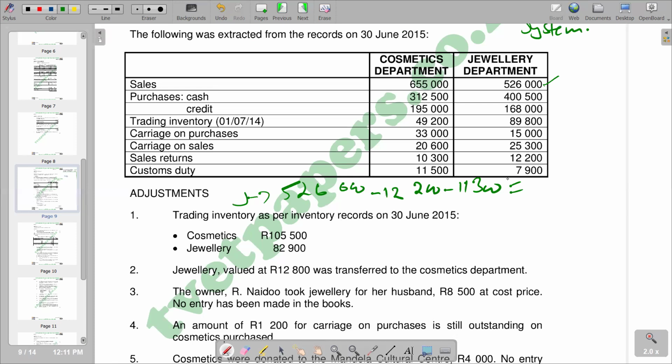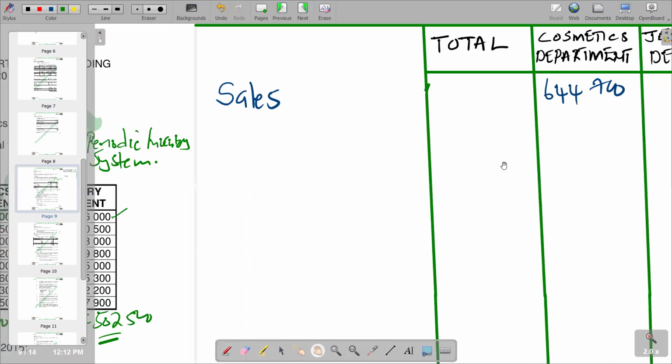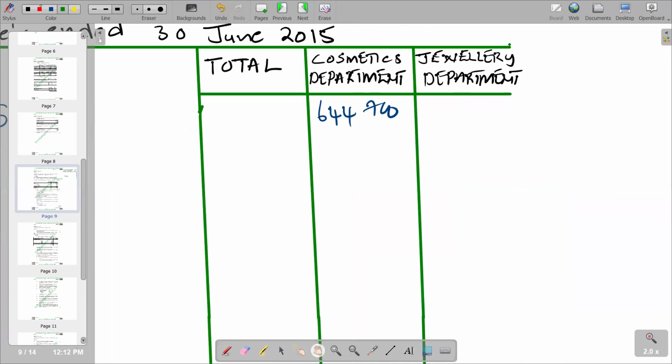And then you are going to get 502,500. So here you put the figure for our net sales for jewelry. So we go there, say 502. Look at it to get your total. You're adding 502,500 plus 644,700. And the total that you're supposed to get is 1,147,200. Then after sales, we are going to list cost of sales,